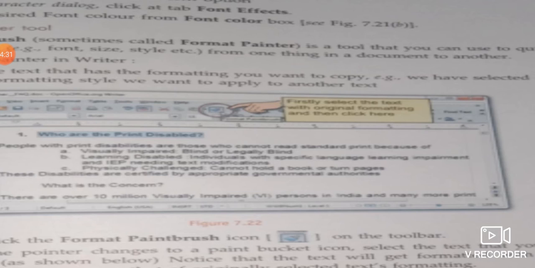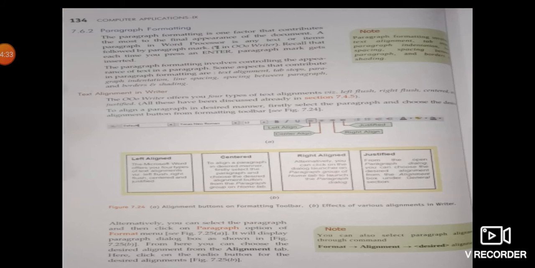Okay, and the next part I explained to you a number of times in Zoom classes also, and in the previous video also I have explained about this topic, the paragraph formatting. So I explained to you about alignment. Okay, so there are 4 types of alignment. Alignment refers to the position of the text in our document, and if we are talking about a paragraph, the position of the text in our paragraph is called the paragraph alignment.